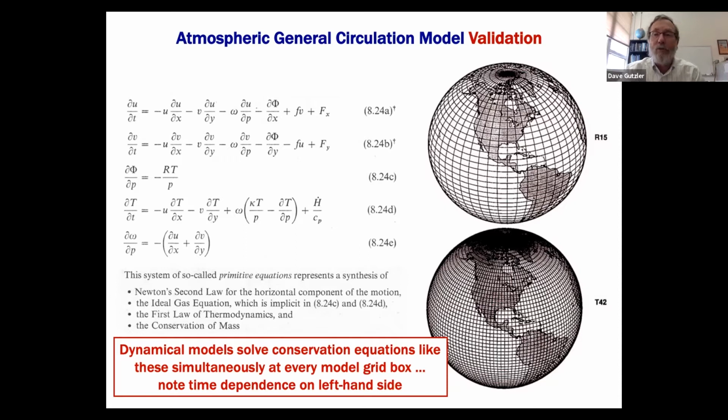So all those terms on the left-hand side of those equations are time dependencies. So if I know the temperature and the pressure and the water content and the winds in each one of those boxes at some time, I can use these equations to project how the atmosphere evolves to the next point in time. And that's what those equations do. Okay, that's just basic physics.